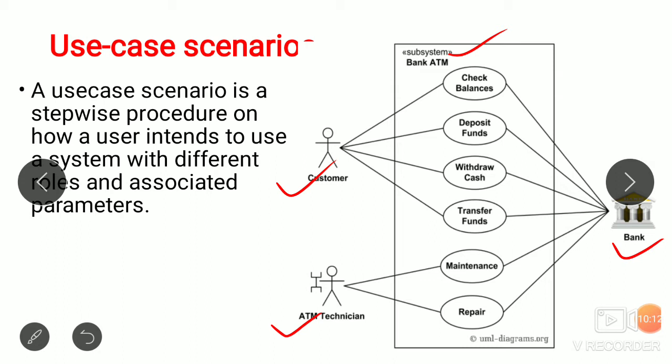Here we are going to transact with the ATM machine. This is a system. We are going to do the interactions with the help of the system scenario and use case scenario. And this question is important for 5 marks.